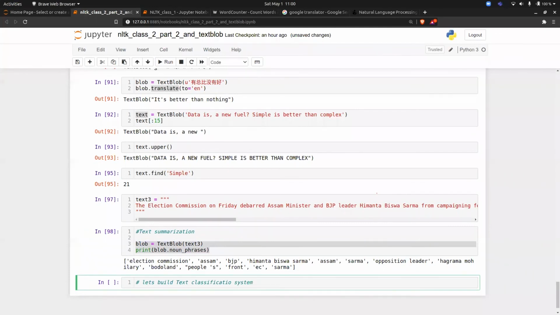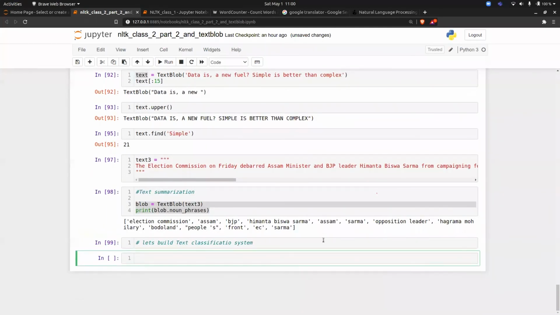Now let's do an interesting use case and build a text classification system. Again, everyone, don't think that I'm skipping some part. This is a library they've given. What happens behind the scene, we will do each and everything in later classes when I teach you more advanced steps. But in real time, when you are building something, instead of training your own model, you can use their model also, because it does the same thing we'll do in the future. So it's a very fast and effective way.